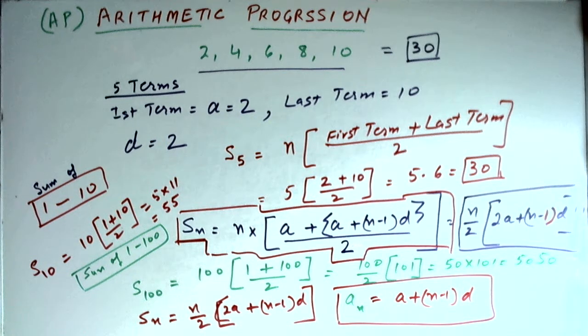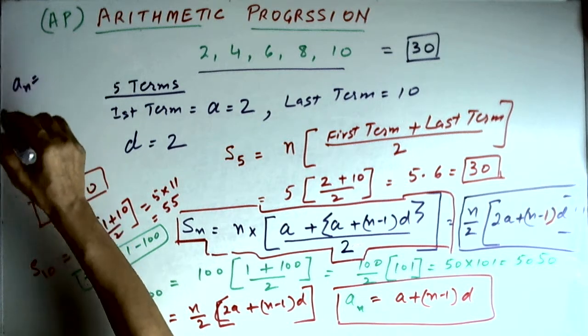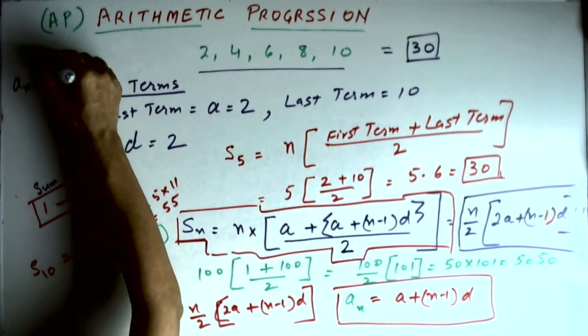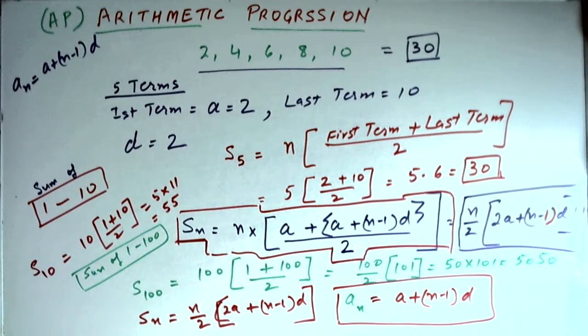Arithmetic progression is a series of terms where the difference is common, and we can recognize an arithmetic progression by finding the difference between the consecutive terms, and if the difference is the same, then it is an arithmetic progression. And then we have basically two formulas in this chapter. What is the nth term, which is an equal to a plus n minus 1 into d, and the second formula is